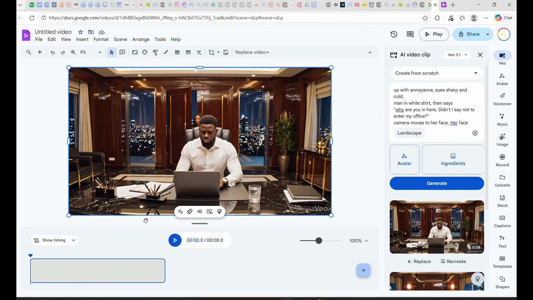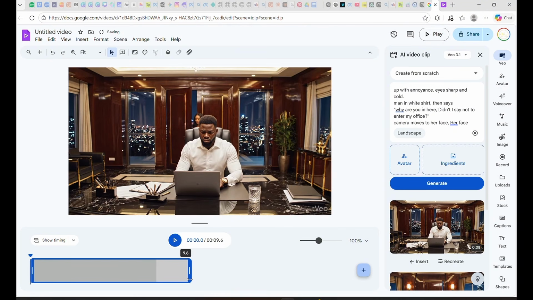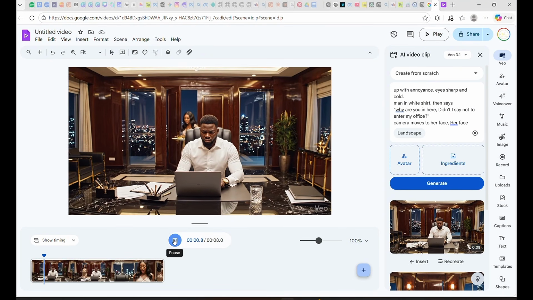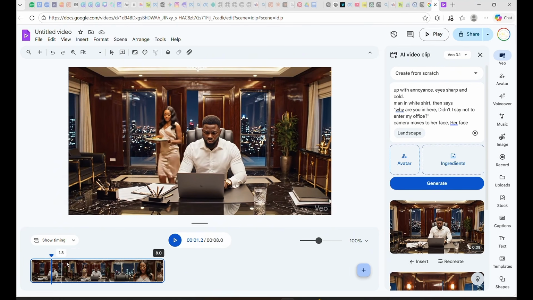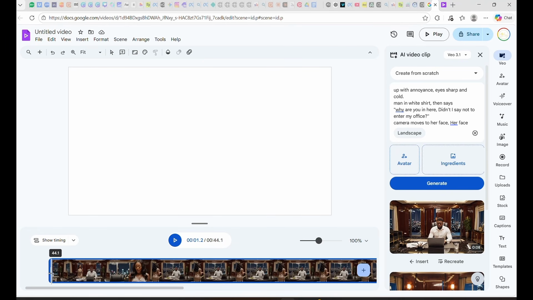And maybe we don't want so much music inside of it. So when it does generate down here, what we can do is tap on the side of it and we can crop our video like this, which means that you're editing off the beginning and the end of the clip. And I'll show you once it's loaded. So let's give it a play. And at that moment there, I want to just crop off that beginning part. And so all I need to do is see this blue bar, and I just drag it to the moment